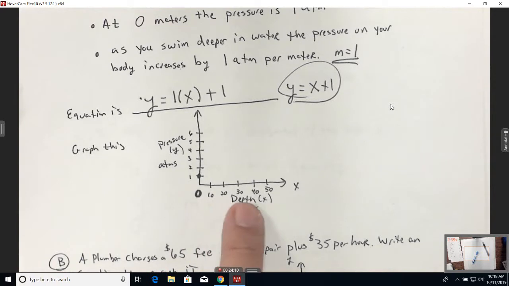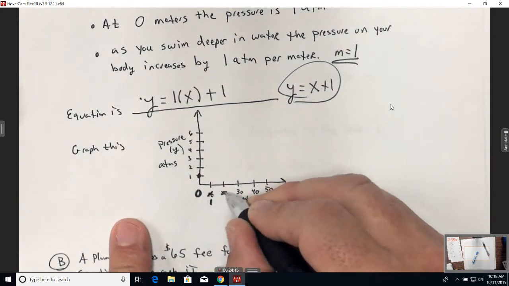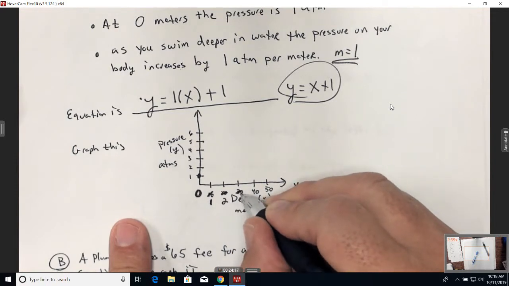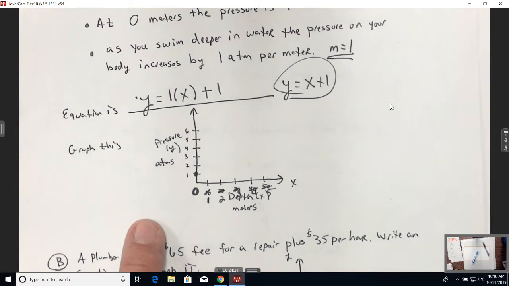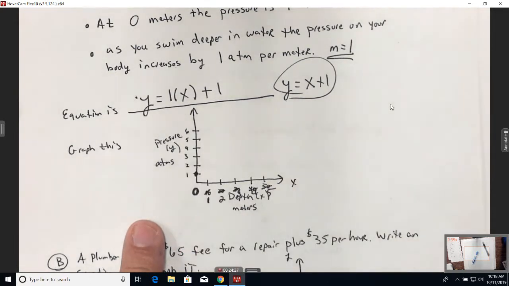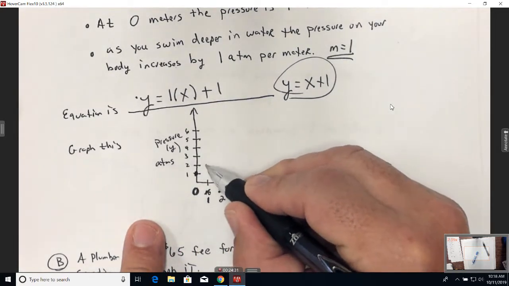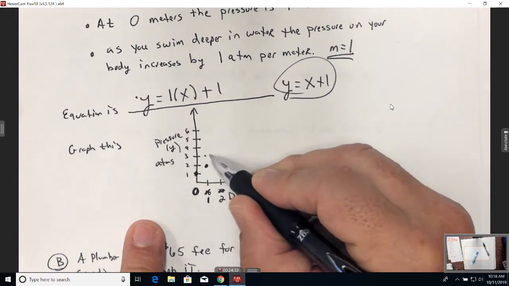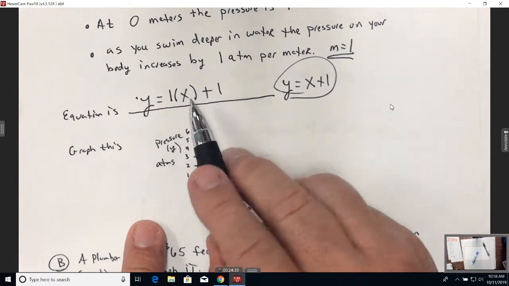Now, I don't like this right here. See how this is 10, 20, 30, 40, 50? Let's just change it to easier numbers like 1, 2, a depth of 3, a depth of 4, and a depth of 5, and then graph it. So let's do that. Well, it's easy to graph. What's the y-intercept? 1. What's the slope? 1. So to find another point, I rise up 1, run 1. Rise up 1, run 1. Look how easy it is to graph these without doing any calculations. Or I could do the calculations. If I'm at a depth of 2,